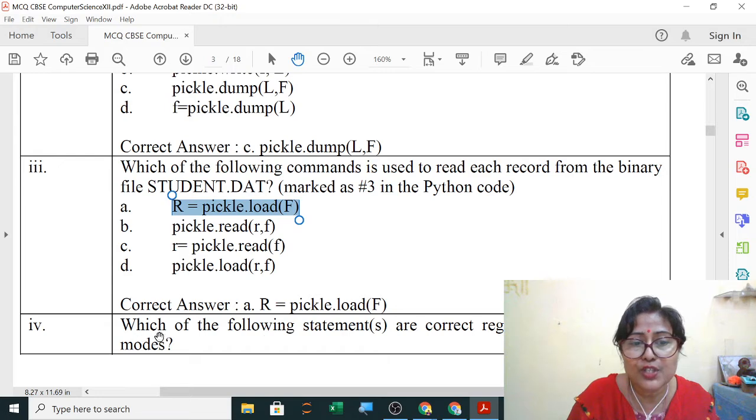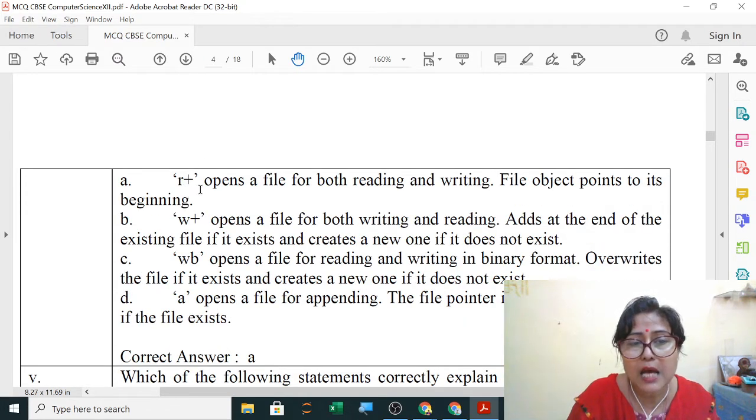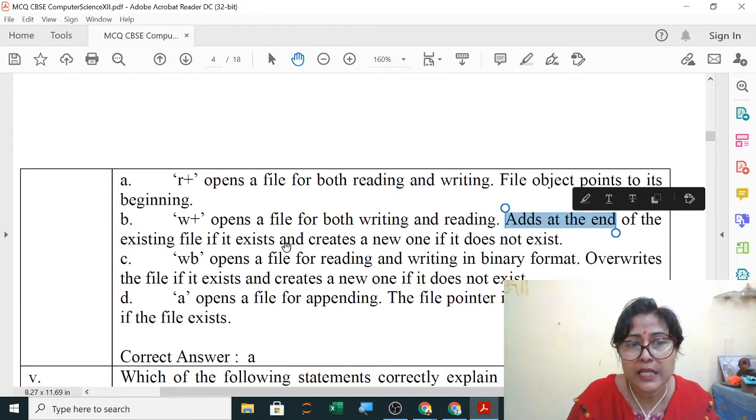Now fourth is, which of the following statements are correct regarding the file access mode? File access mode, you can see here, R plus opens a file for both reading and writing. Yes, true. W plus opens a file for both writing and reading, adds at the end. False. This is false. Append A will add at the end.